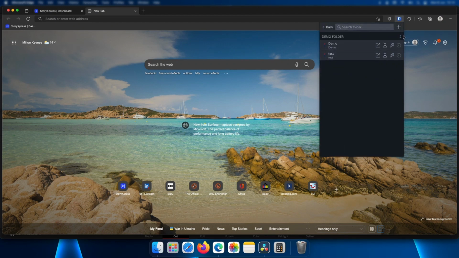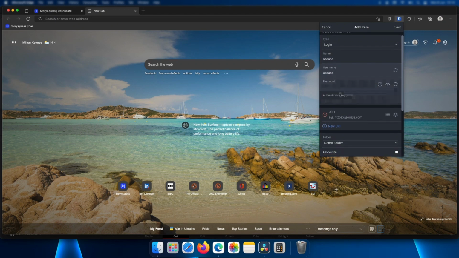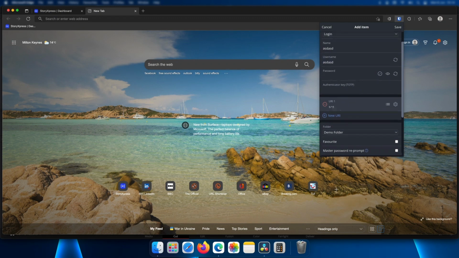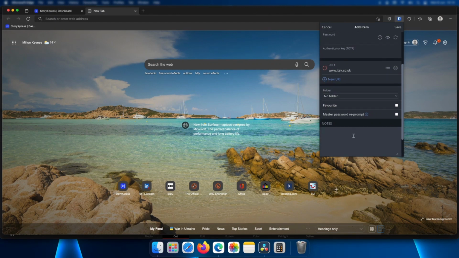At the very top there is a drop down where you can choose what the entry will be, a folder or a login. You can then input all the necessary details like the name of the credential, the username and the password. You can also add a URL to the credential for easier access. This menu also allows you to move the entry into a folder. Underneath the folder selection, you can give some notes for the credential, such as what site, app or device the